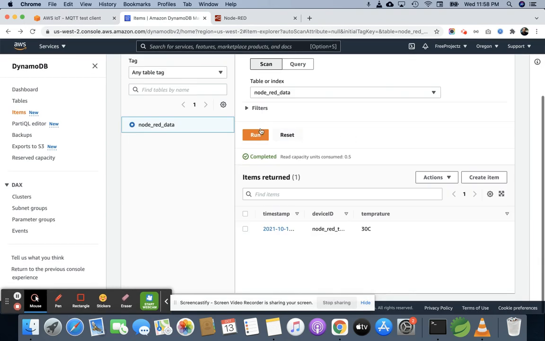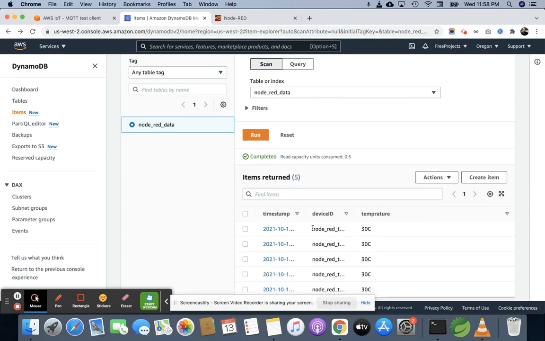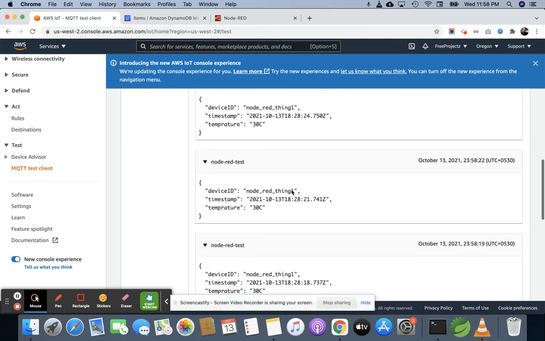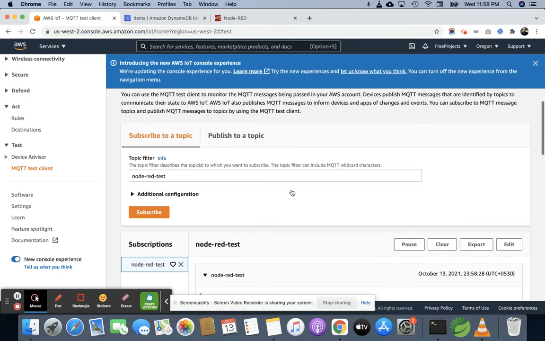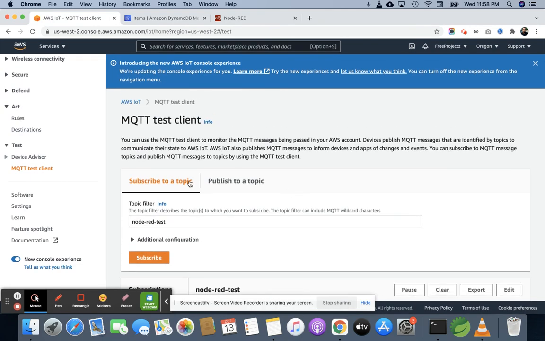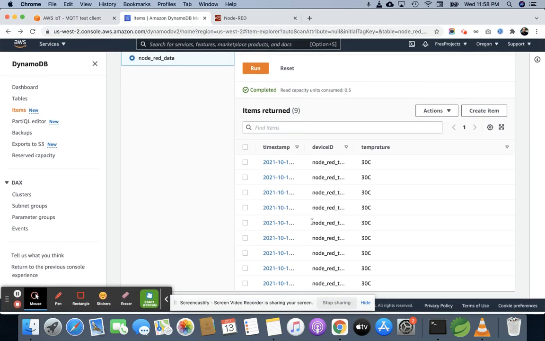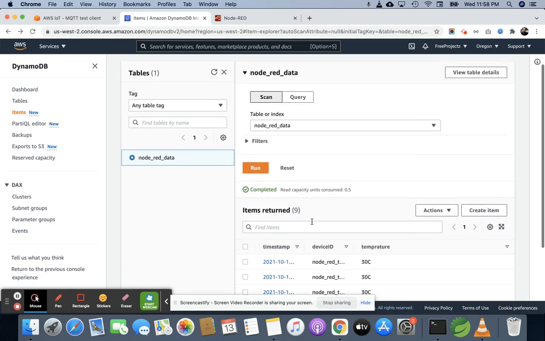So once you click on run, you can see multiple messages are coming. These messages are coming from Node-RED, and all messages are saving inside this DynamoDB. So this is the full flow.